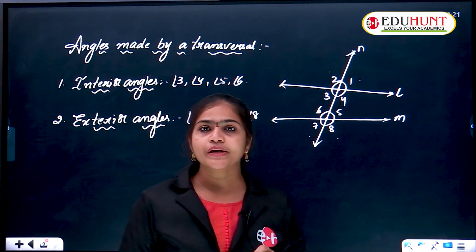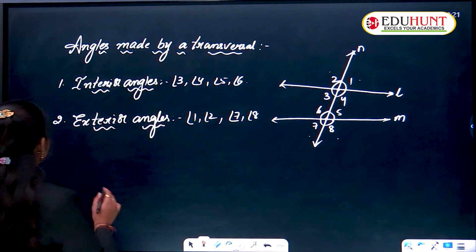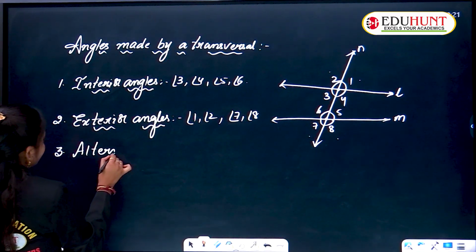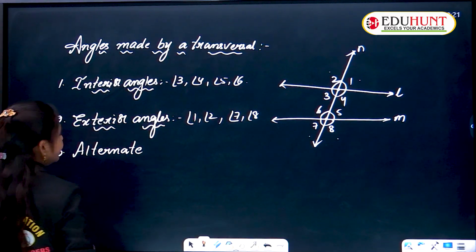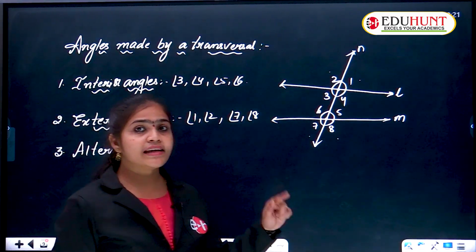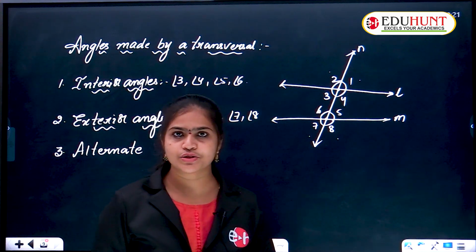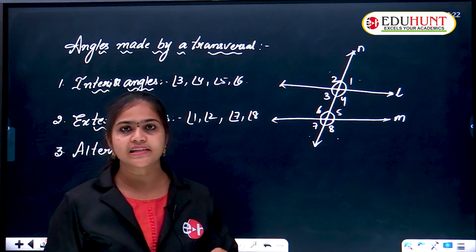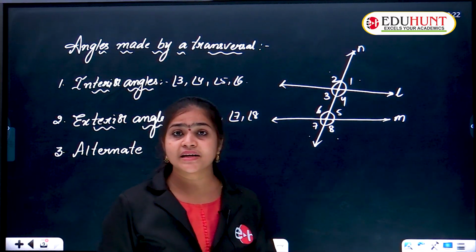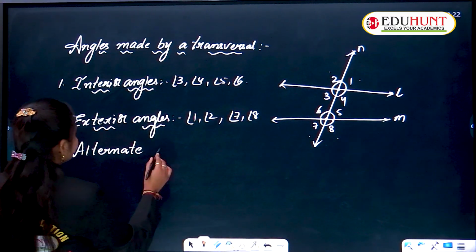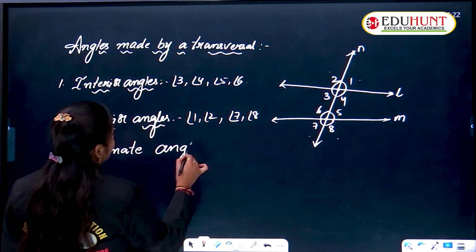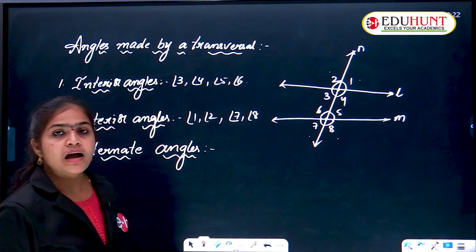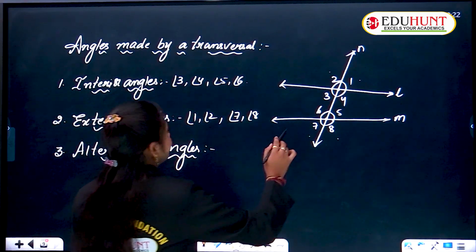Understood? Now next one is alternate interior angles, and in the same way alternate exterior angles. Those two types of angles we will call alternate angles. What will we call them? Those two are alternate angles. Understood? Alternate angles means, see here,